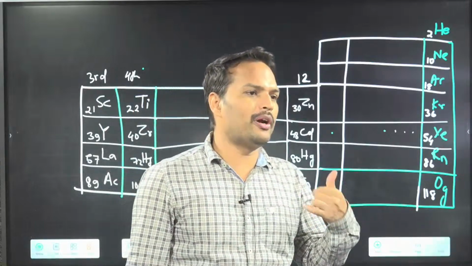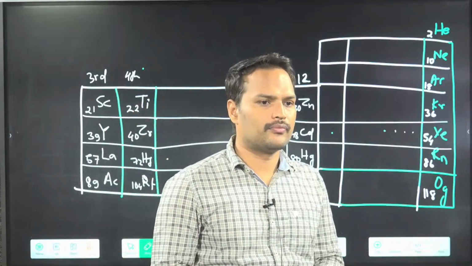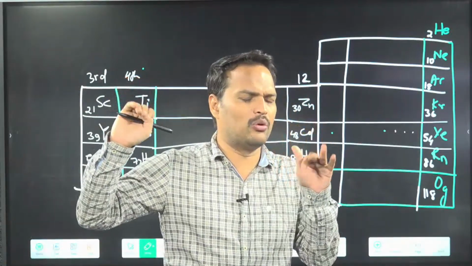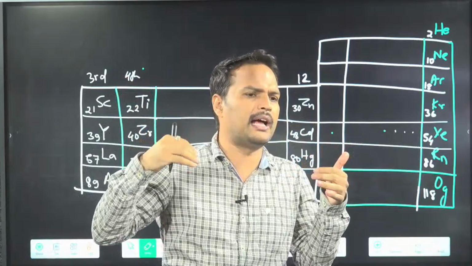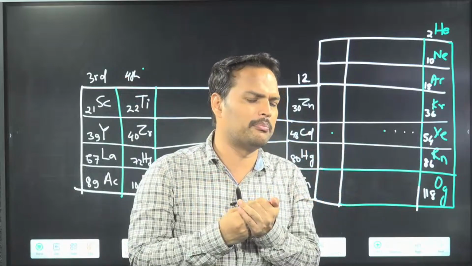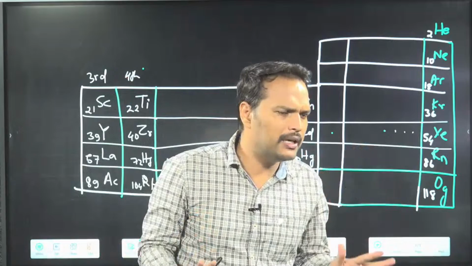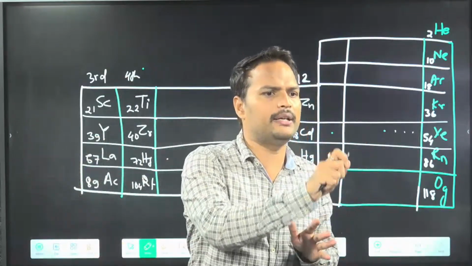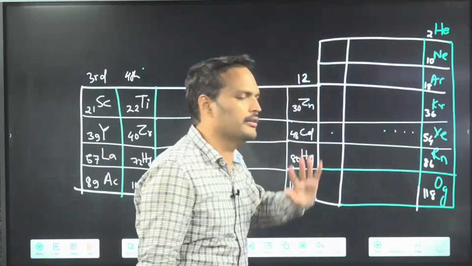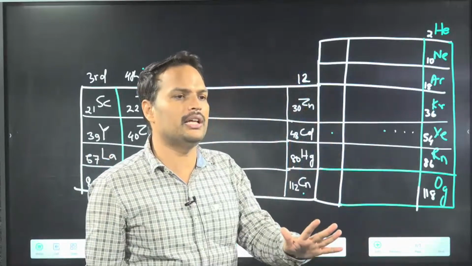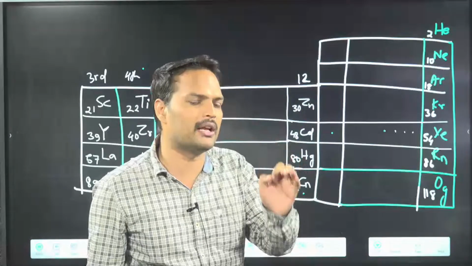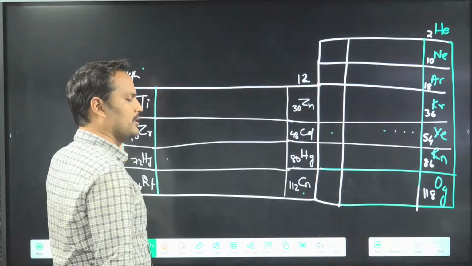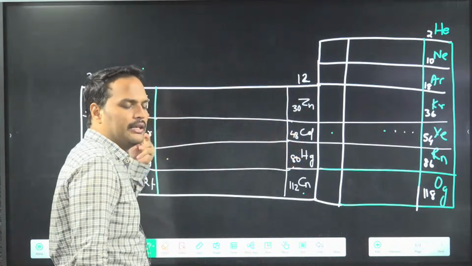So are you getting the point? What I am trying to say here? All the concept is at one place. How to find the period, group, highest quantum number, principal quantum number. All these things are fine. But just acting like a child, adding, subtracting, we can also do it. Because at regular intervals, we know the atomic numbers of the elements. Everyone knows this, this, this, this. Now just keep adding, subtracting.